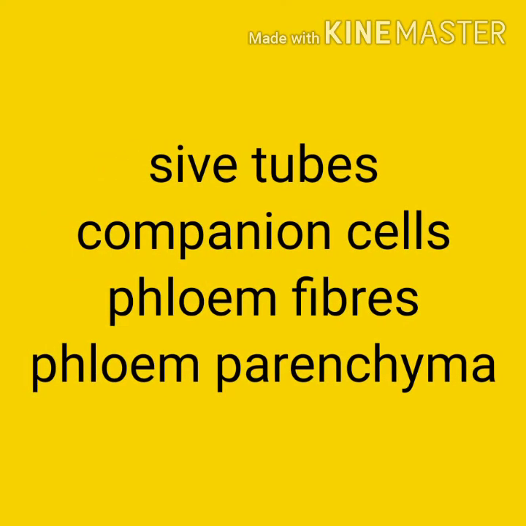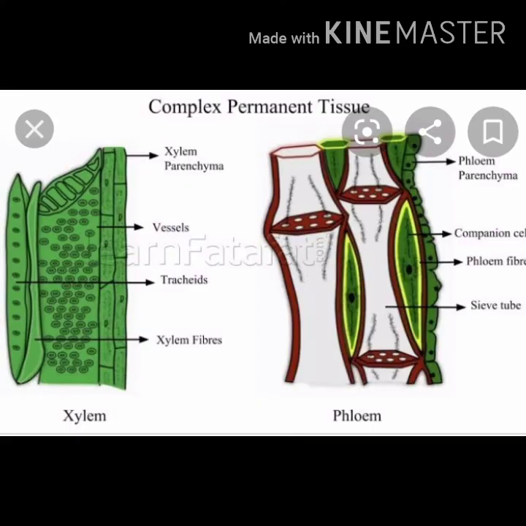Along with the xylem, the next important complex tissue is the phloem. Phloem is the main tissue responsible for the transport of food. Transport of food through phloem is also known as translocation. Like xylem, phloem is also composed of four elements: the sieve tubes, companion cells, phloem parenchyma, and phloem fibers. Unlike xylem cells, all the phloem cells are living except phloem fibers or phloem sclerenchyma. All others are living.